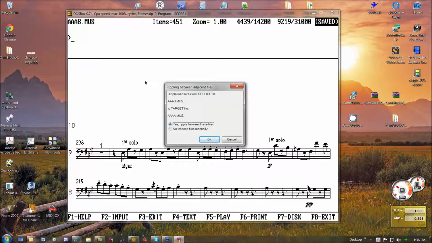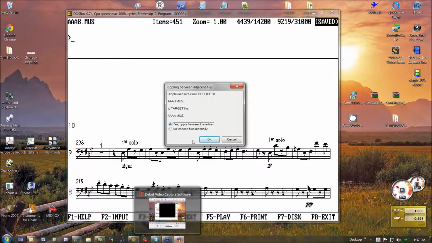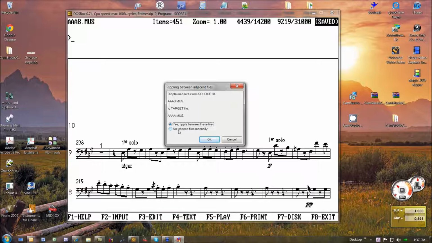If you use conventional file nomenclature, this should be 100% accurate. It looks in the directory where you're currently working, it looks at your current file, and then looks at the file that has an adjacent file name. If you're not satisfied with that, if you're actually using discontiguous files or the file nomenclature